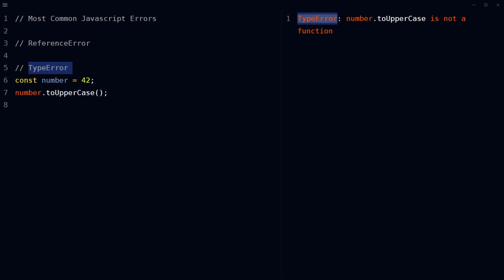Then we have type error. Type error occurs when you try to use a value that is not of the expected type. For example, calling a method on an undefined or null value. Here we have a variable number, which is assigned the value of 42, which is a number. We are trying to call the toUpperCase method on this number. However, the toUpperCase method is only available on strings, so we get a type error with the message number.toUpperCase is